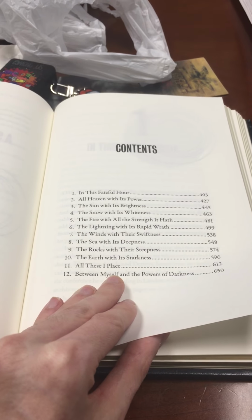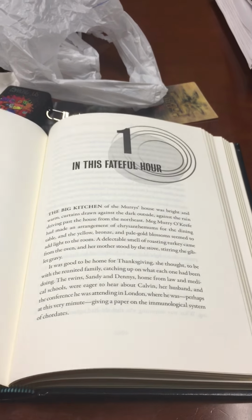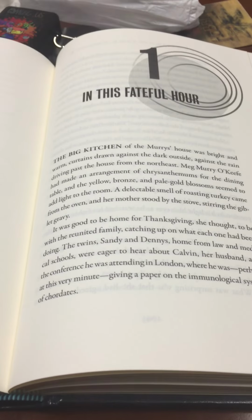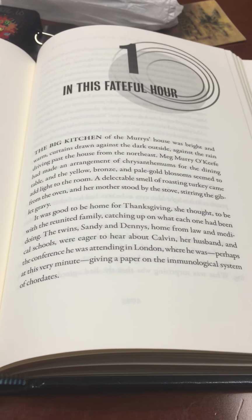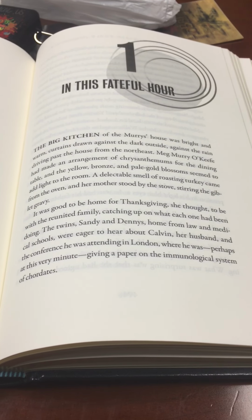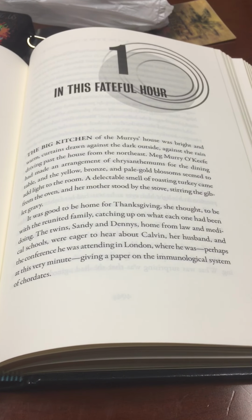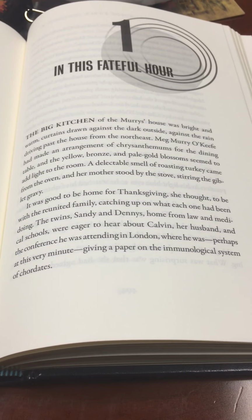Charles Wallace has a unicorn in this by the name of Glodor. I believe that's the name. Forgive me if I pronounced that wrong. Meg's character is not in this one much. She's in kind of the beginning and end of the novel, but for much of the middle interior part of the novel, it's pretty much Charles Wallace inside of the mind, inside of the dreams of Meg, as they're trying to find out how Calvin's grandmother is connected, and they're trying to stop a bomb from going off in North